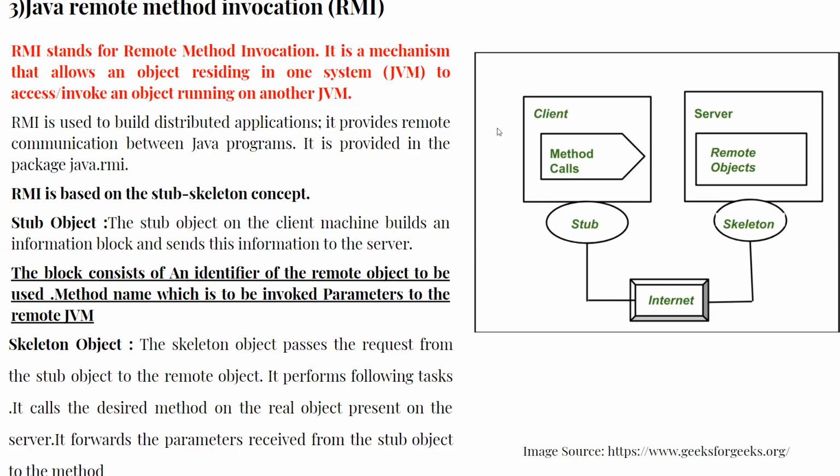There are going to be multiple servers which are going to be distributed in nature. The communication between client and server is done with the concept of stub and skeleton. Stub, which works on the client machine, takes the request from the client, adds an identifier to it, then sends it over the internet. Through the internet, it reaches the server. Server usually fulfills this with the help of the skeleton.